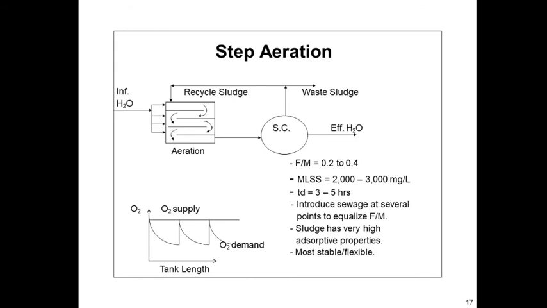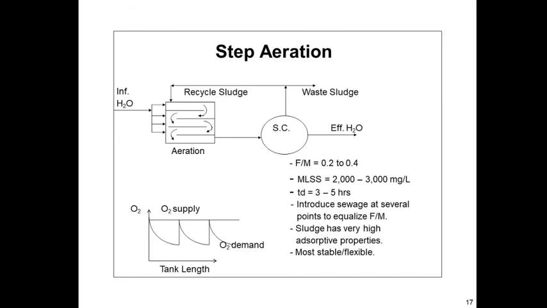Okay, so what is that? Step aeration: in this process the wastewater is introduced at several points in the aeration tank while the return sludge is introduced at the head of the tank. Okay. So this is the secondary settling tank, and some of the waste sludge is here. Because of this arrangement, that is the step aeration system, there is a uniform demand of oxygen along the length of the tank, and this results in effective use of the uniform supply of oxygen in the conventional activated sludge process.